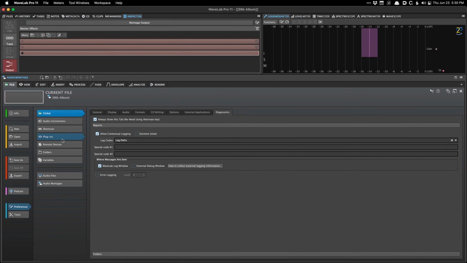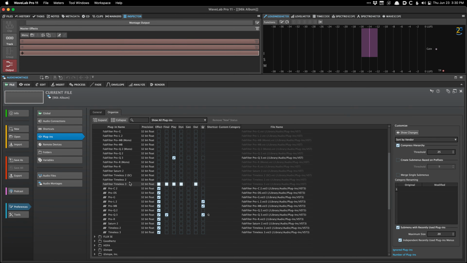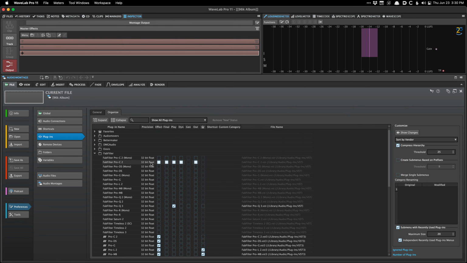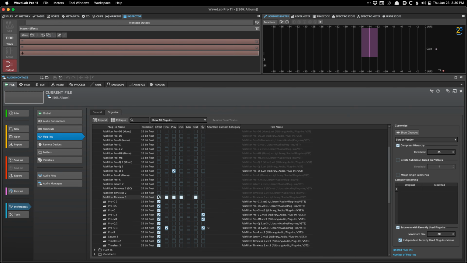But I did want to show you that in the plugins menu. Let's go to a simple one and a good one. Fabfilter has great plugins. So as you can see, I have all the VST2 versions disabled. The reason they weren't showing up in my normal menu is because they're disabled. So if you have plugins that you don't use for WaveLab, like vocal tuning or drum sampling or just stuff you wouldn't use in mastering, you can turn them off so you don't have to look at them. For me, I've turned off all the VST2 versions of Fabfilter, all the VST3 on it, but then you can also